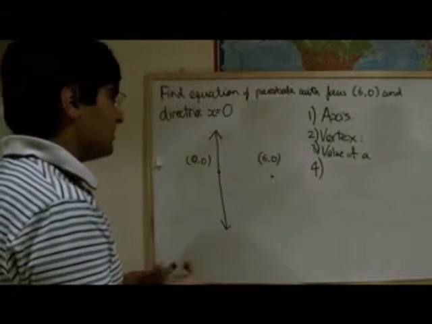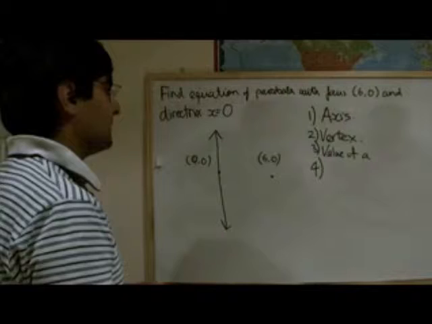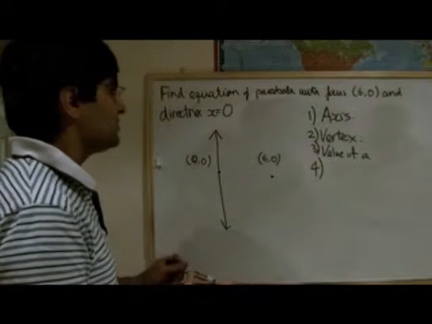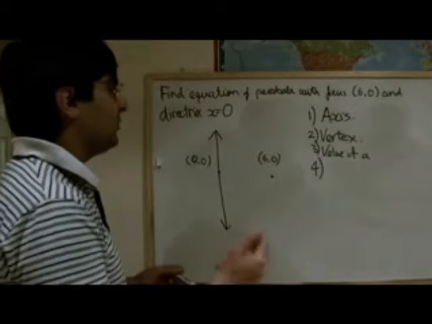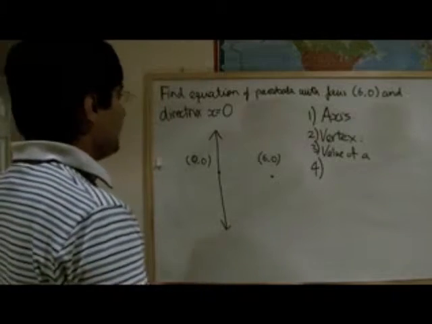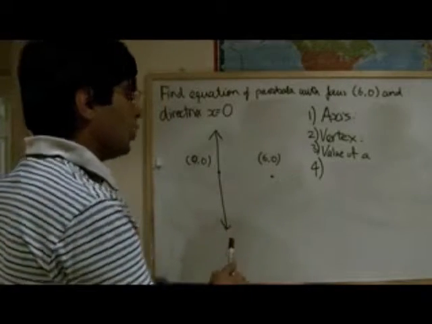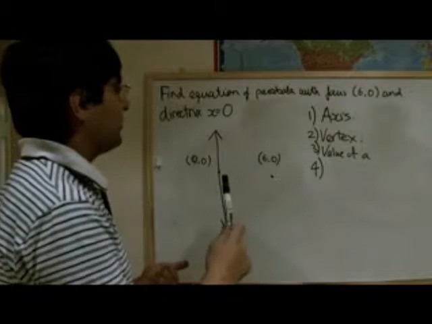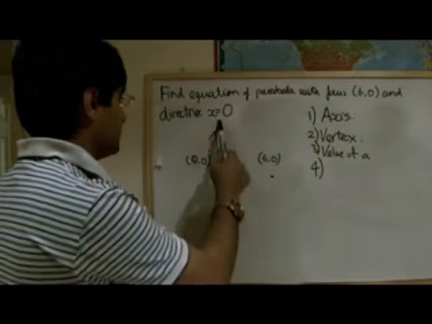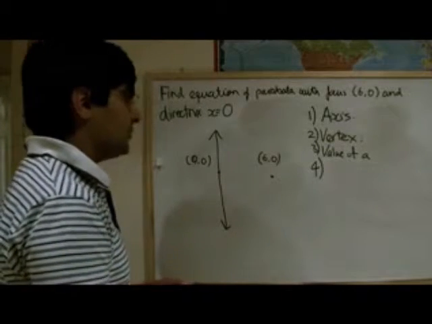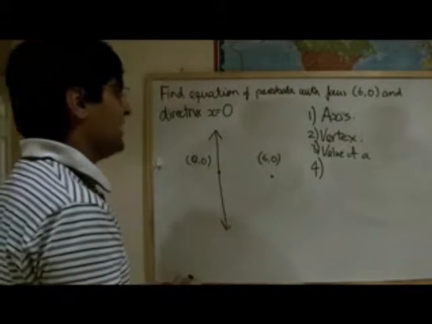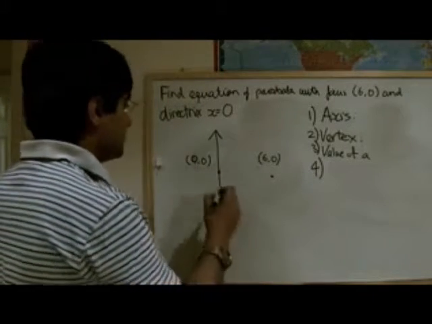Now, what else do we know about parabolas that can help us solve this problem? We know that the directrix is always perpendicular to the axis, and we know that the focus always lies on the axis of the parabola. So, if the directrix is vertical, we know, number one, that the axis must be horizontal in order to be perpendicular to this directrix. We also know that the point 6, 0, which is the focus, must lie on that horizontal axis. Hence, we can deduce